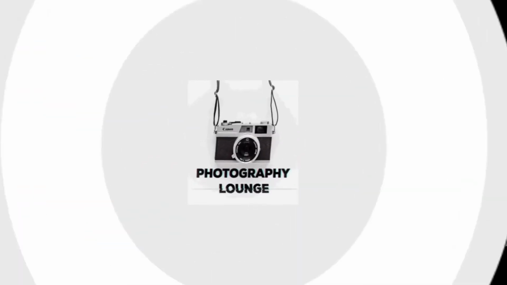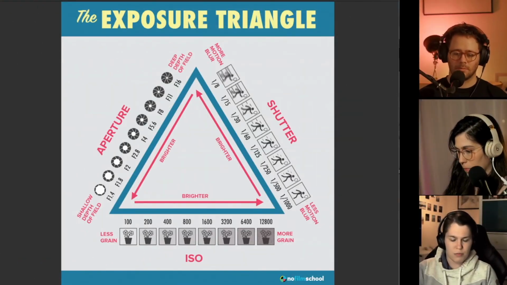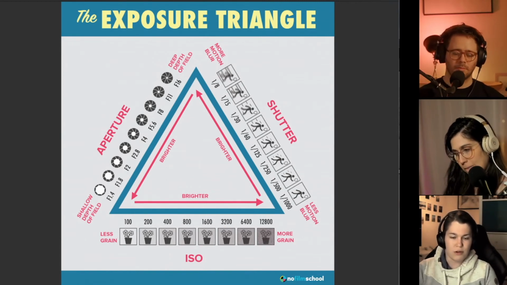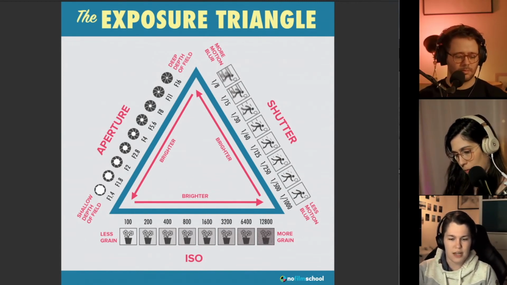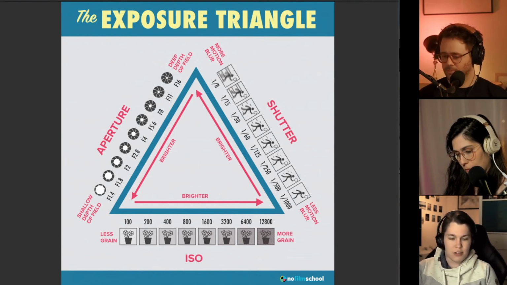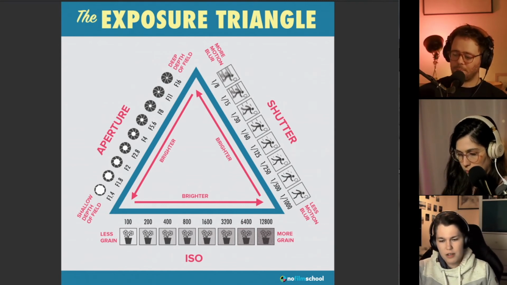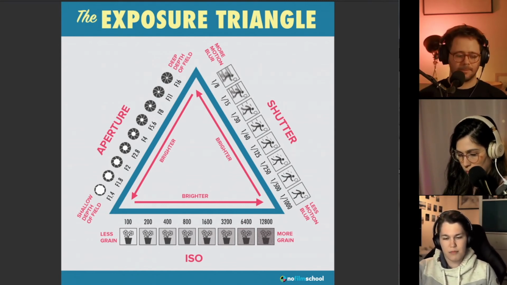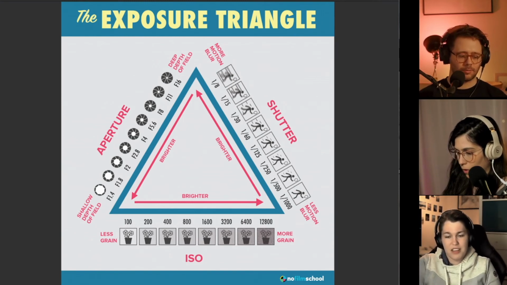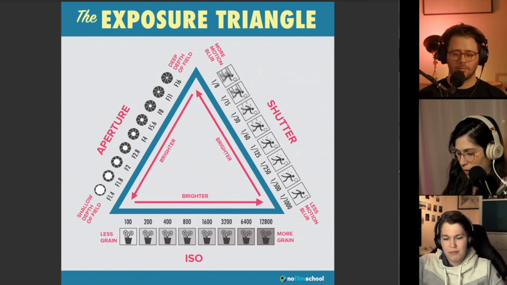We basically spoke about all the different settings. When you want to shoot a picture, you should think about what is important in that picture. Do you want to freeze motion, or do you want to blur the background? What's your goal in that photo? Then choose one setting, whatever shutter speed or f-stop you want, and try to get the other two correct so that you get a well-exposed picture. It's a lot of trial and error and experience, and everyone will get better with time.